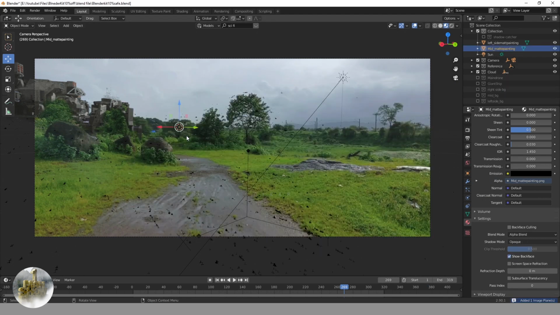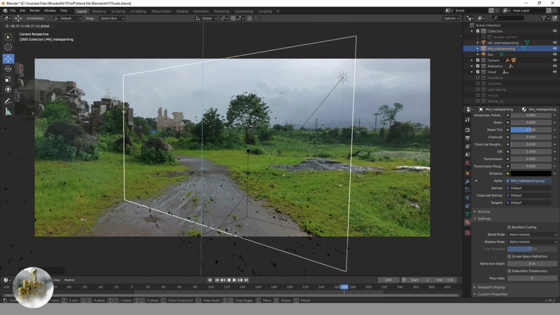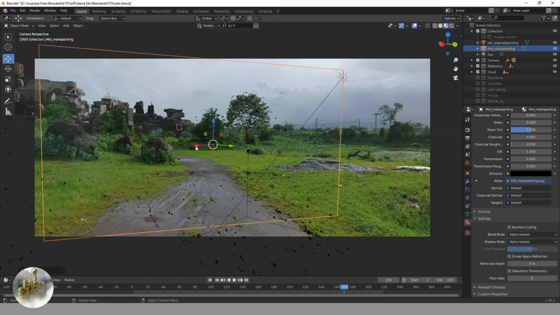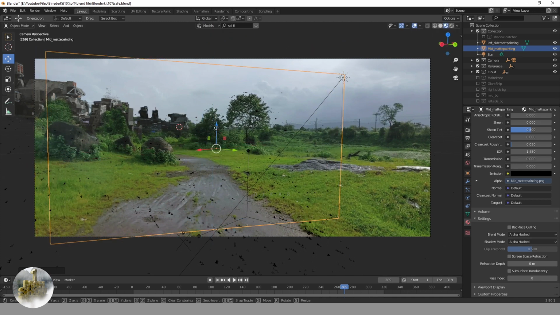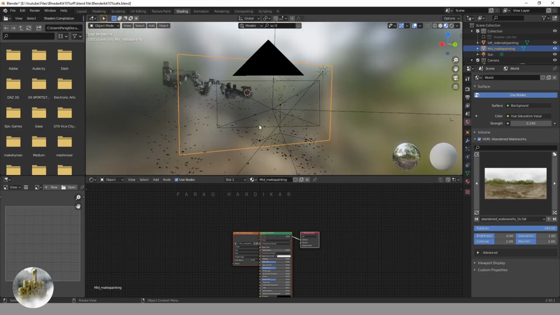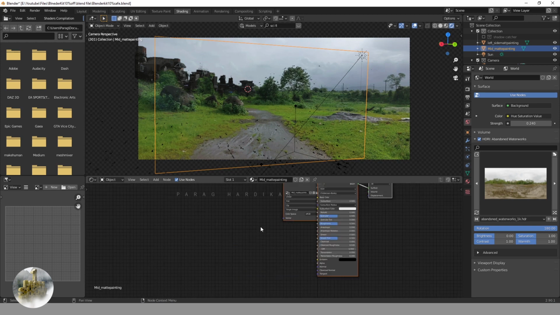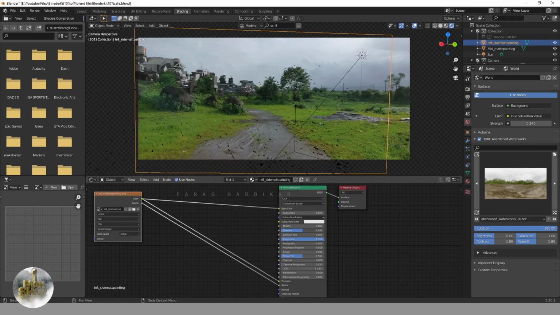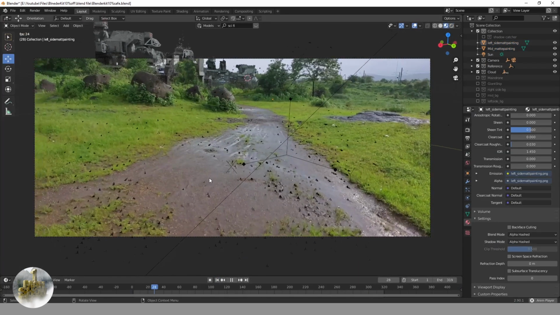Make sure after you import the planes, keep them on the alpha hashed. And make sure with the plane you do this setting in the Principled BSDF shader and put that image node into emission.